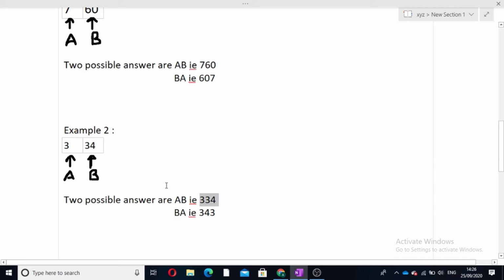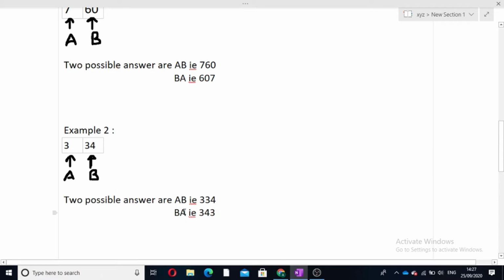But the largest answer which can be formed is given by ba, that is 343. So ab was giving 334, and ba gives 343. So simply sorting the array is wrong, because when we sort the array we get 334, but the original answer will be 343.